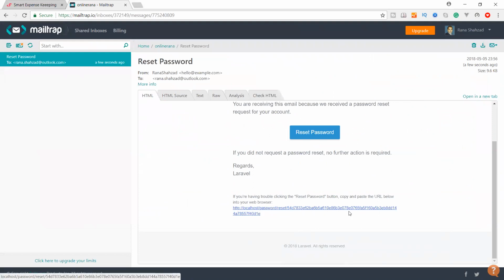This is the token, and with that token, when we click it, it will open in a new tab in the browser, and we will receive the form that I showed you when I customized the layout of the password reset. I promised at that time that I would show the layout of this form now. So when we set our email settings, we will show the password reset form.